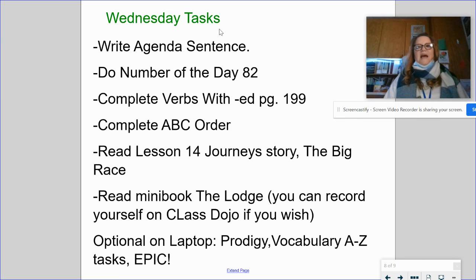And then this is your task for today. You have to write the agenda sentence, do number of the day 82, complete the verbs with the ed on page 199, complete the ABC order. You need to read lesson 14 journey story, The Big Race, and then